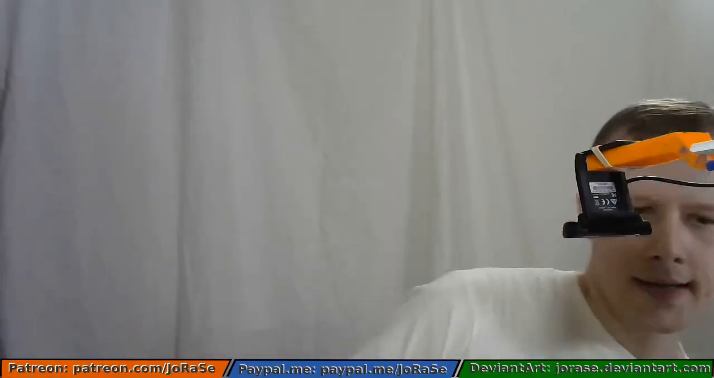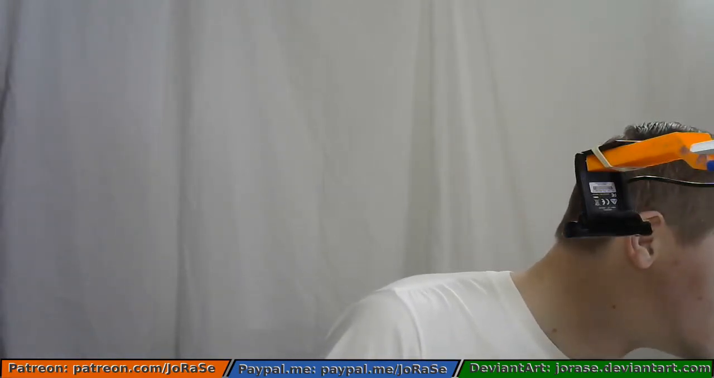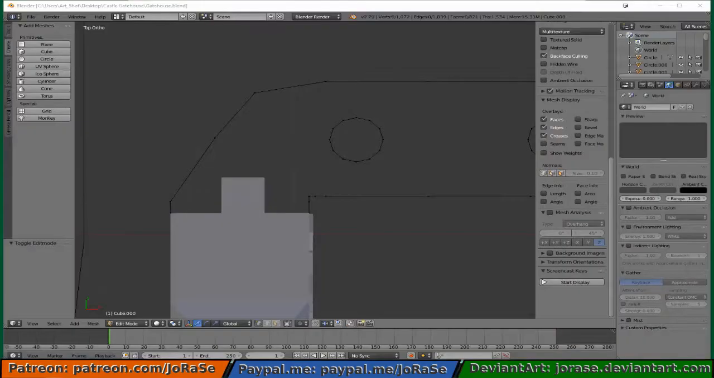Alright, so now we're back and we're looking to do the Castle Gatehouse model in Blender. And of course this is going to be a large 3D print once we get it finished. And that said, let's get back into Blender. So here we are again in Blender,